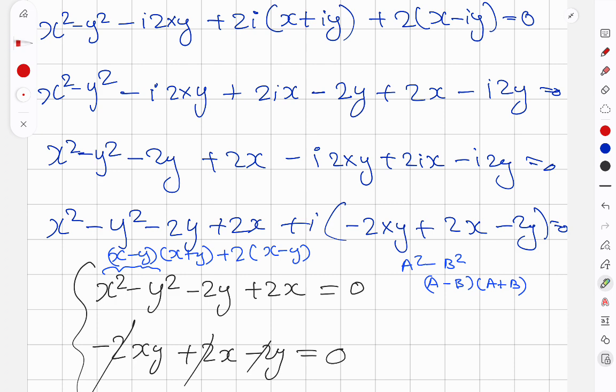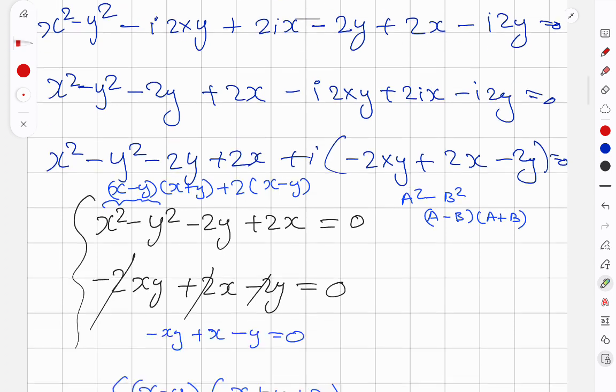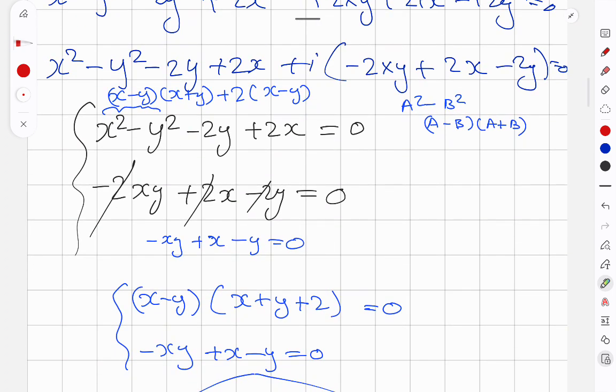So here I can cancel out these 2's. I can take out common, and here you can see this is a formula of x. If I take common x minus y, this one you see is x square minus y square, right? This is x minus y, x plus y, and if I take 2 common,